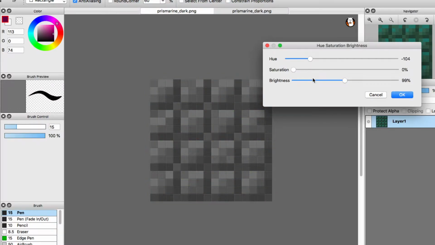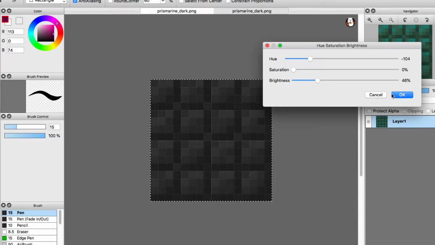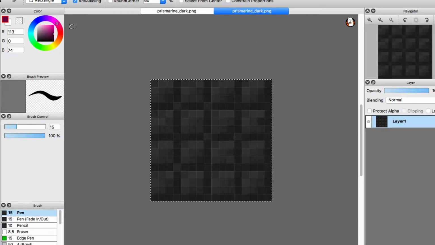I'm just going to do this completely desaturated and a little bit darker. And there, we are done, finished with this, and we can save it. So that's what we will do. I will save this, and we will come back to this texture pack